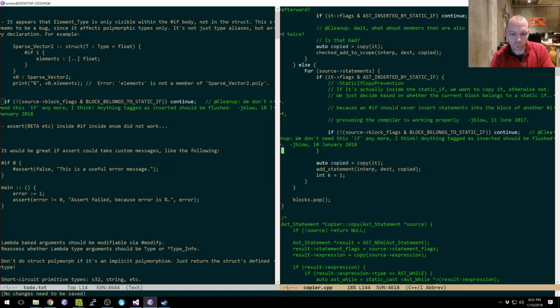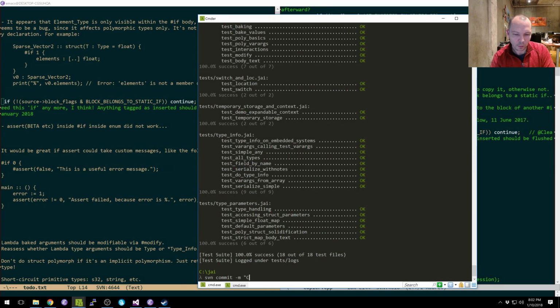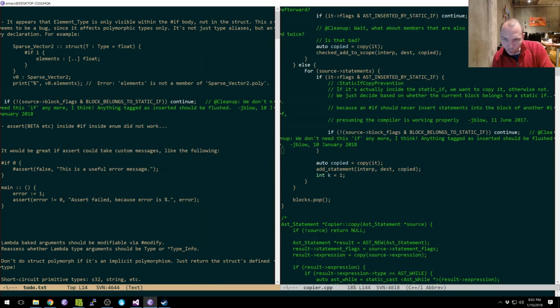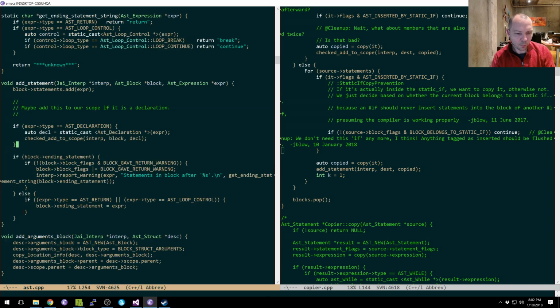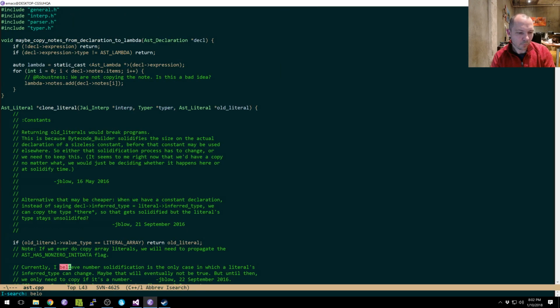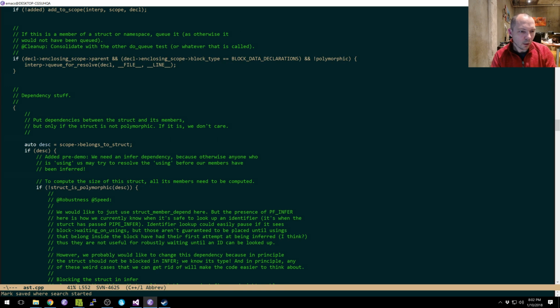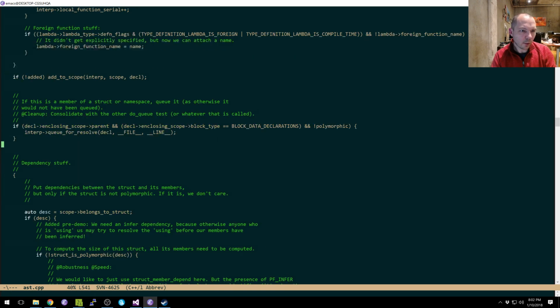So, that is an improvement. It doesn't solve the problem that we're trying to solve. And the problem is the static if. The struct is basically not waiting on the static if to be done. In add to scope, when we add a declaration,